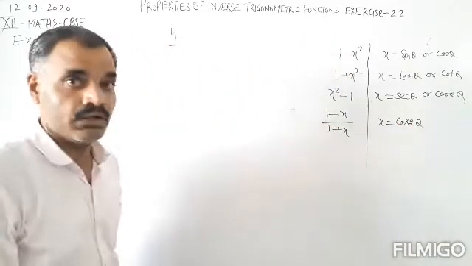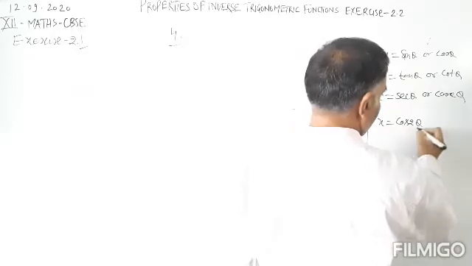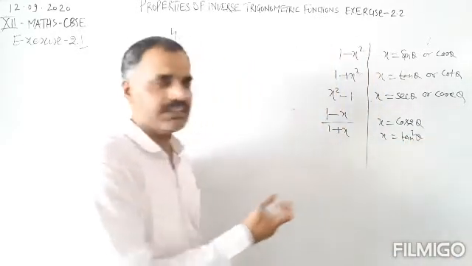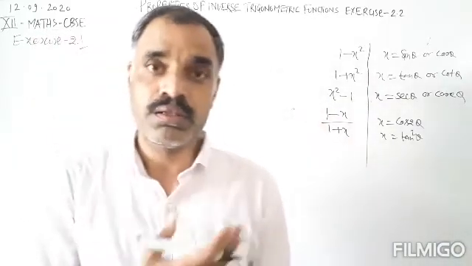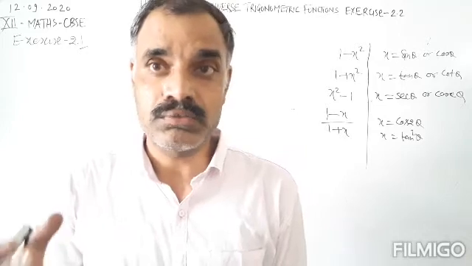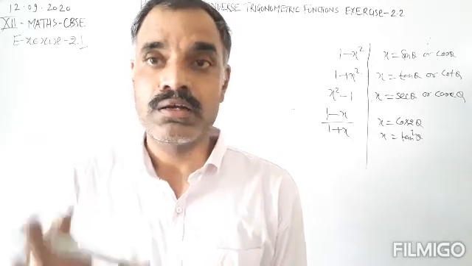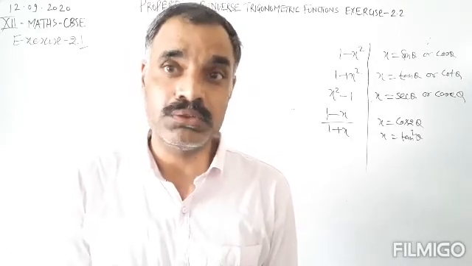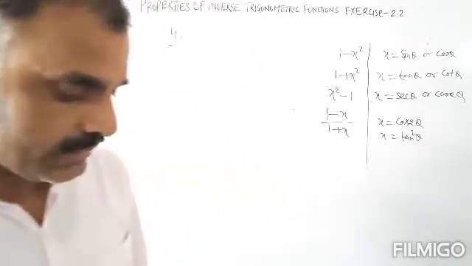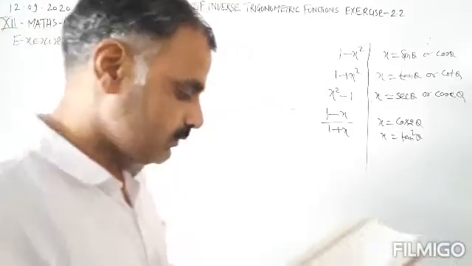Or you have to put x equals to tan square theta. So these are some of the hints to solve the given questions or to simplify the complex inverse trigonometric function into simple inverse trigonometric functions. Okay, so let us have the question number